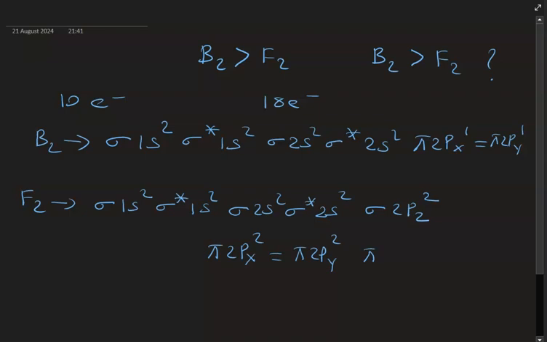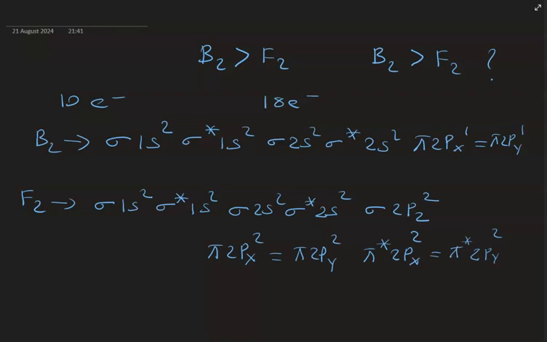Then pi star 2px is equal to pi star 2py, and both contain 2 electrons. So 2, 4, 6, 8, 10, 12, 14, 16, 18 electrons are completed. So if you look at this MO order or the electron filling in MOs, in case